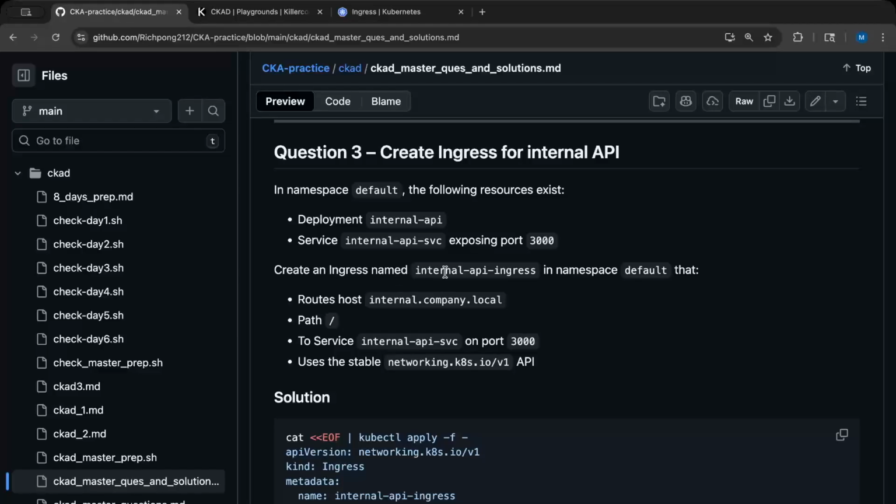name internal resource. So if it was exam time, when I hear create an Ingress resource, I'm just looking forward to create this resource in this default namespace. Now we need to route host to internal company.local and path to home path, and then also service to internal API service on port 3000. Use the stable network